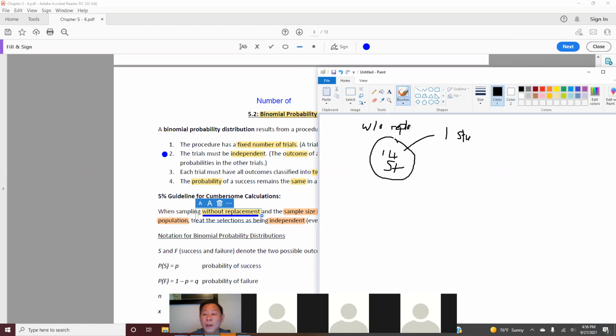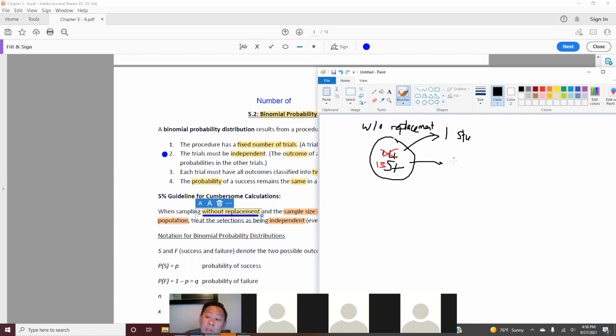That means once I pick 1 student out, this student will be taken out from this group, okay? So what happened is that these 14 students are no longer 14, it's 13, because I take 1 out, right? So your sample size is getting smaller. And when your size is getting smaller, the chance of me picking you, the second person, is really high because your group is getting smaller by 1. Instead of 14 students, now you only have 13. So the chance is pretty high to pick